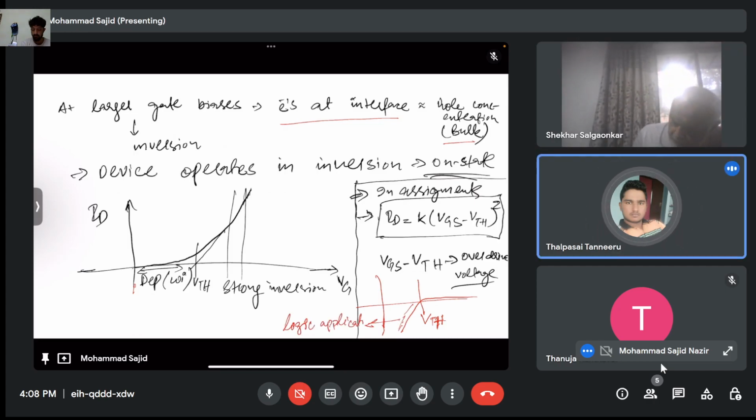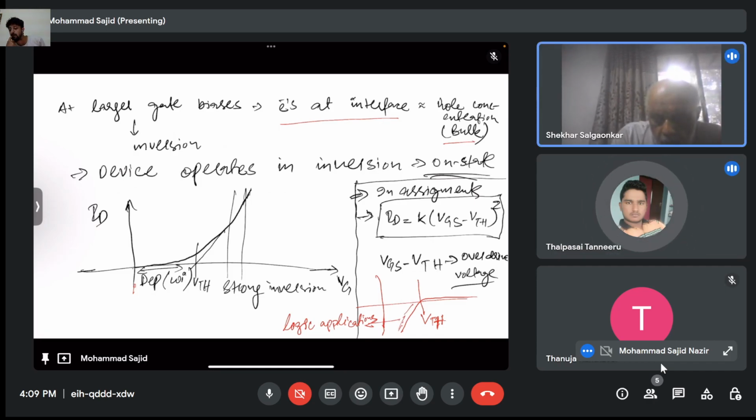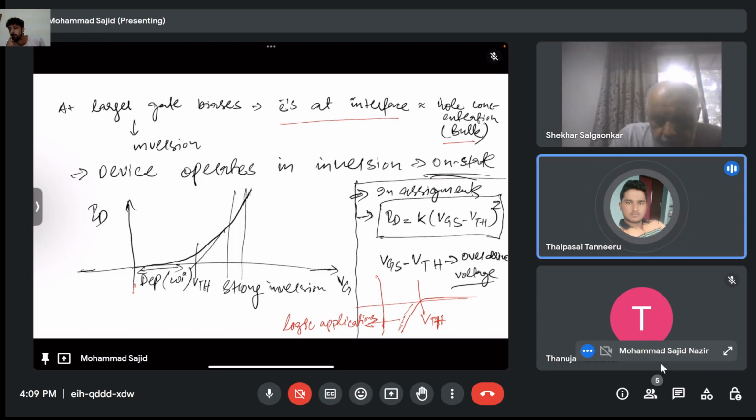Sir, I have a few last doubts, sir. Your voice is not audible. Sir, in order to decrease the power dissipation, your subthreshold slope, the subthreshold swing, should be very small. Yes. But the MOSFET won't be in operation, sir, because we need to maintain VGS greater than VT and VDS greater than VGS minus VT. Then only we can operate in the saturation region. Can we operate a single stage amplifier in the subthreshold region?